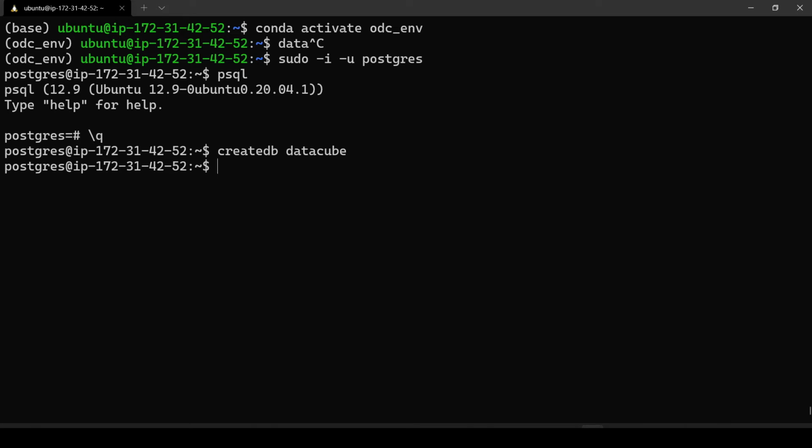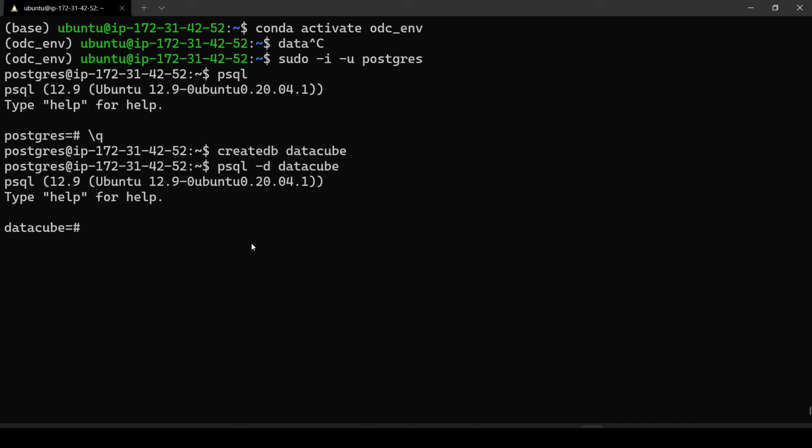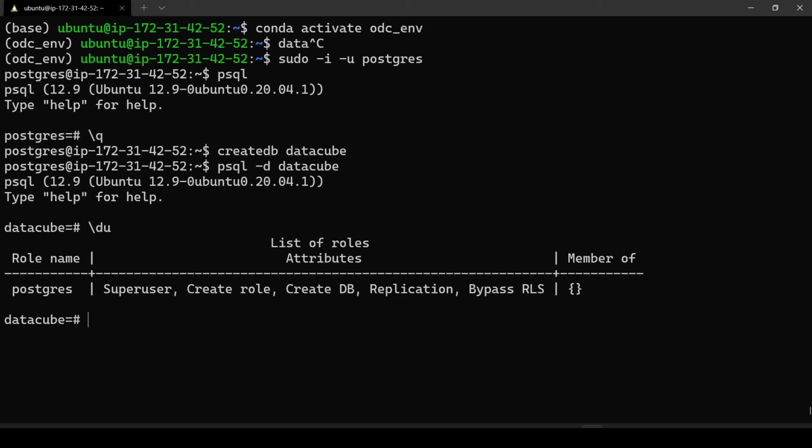Now we can actually log in with database datacube. Okay, so our database is created now. Let us see all the users we have. You can see that we only have the postgres user. This is fine. The document also suggests you create a username with the Unix username you have, maybe in our case it is ubuntu. We can create that, but it's not required, at least in this tutorial. So you can exit now using \q, and exit this as well. You can just click log out, and so everything is set up now.